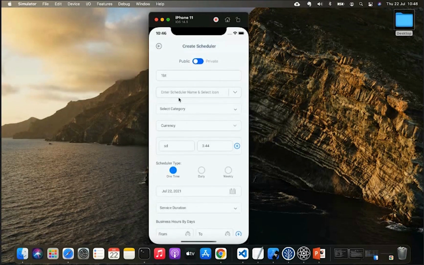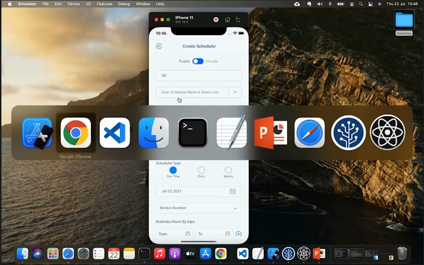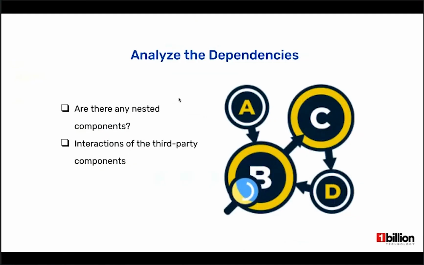Actually, we have made a wrapper out of that third-party component. So it's a good approach to integrate a third-party component into your application: you can make a wrapper around it.